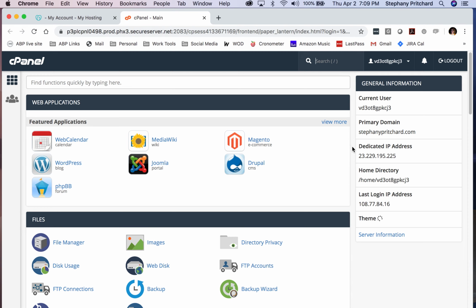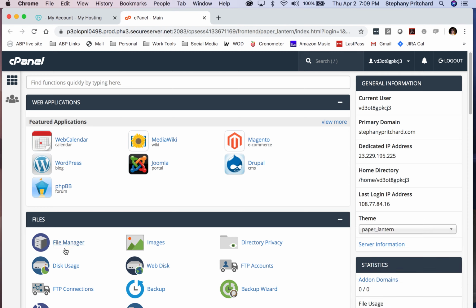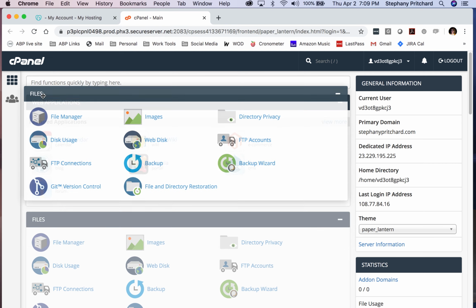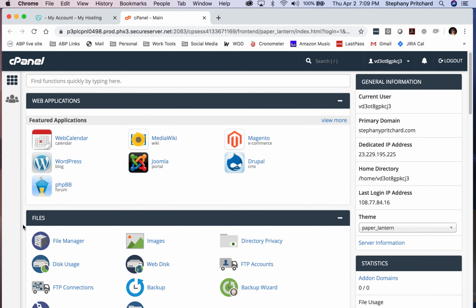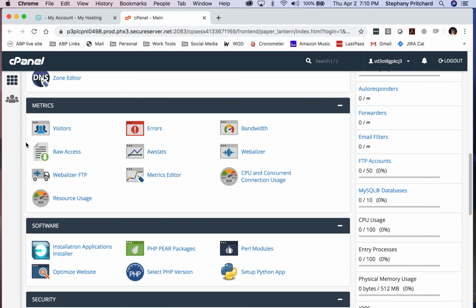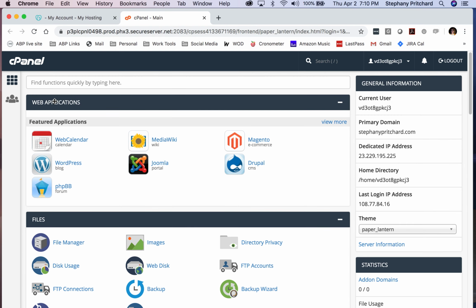So yours probably looks something very similar to this. If you see this files block up here on top, that's totally fine too. Again, we've been to File Manager in the past. We're not going to go there today. Today we're going to go to the Web Applications block. So it probably will be down just a little bit. On mine, it's higher up because I've moved it in the past and it's just kind of stuck there. So look for the Web Applications block, and you're going to want to click on this WordPress. See the icon WordPress? Just give that a click,